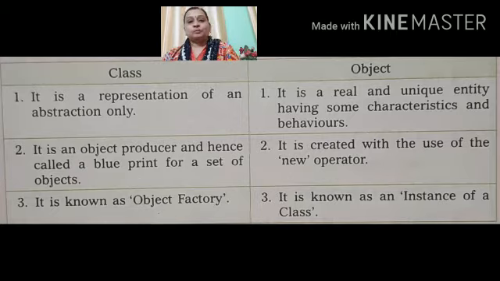A class is an object producer and hence called the blueprint of a set of objects, whereas an object is created with the use of the new operator. A class is known as an object factory, whereas an object is known as an instance of a class.